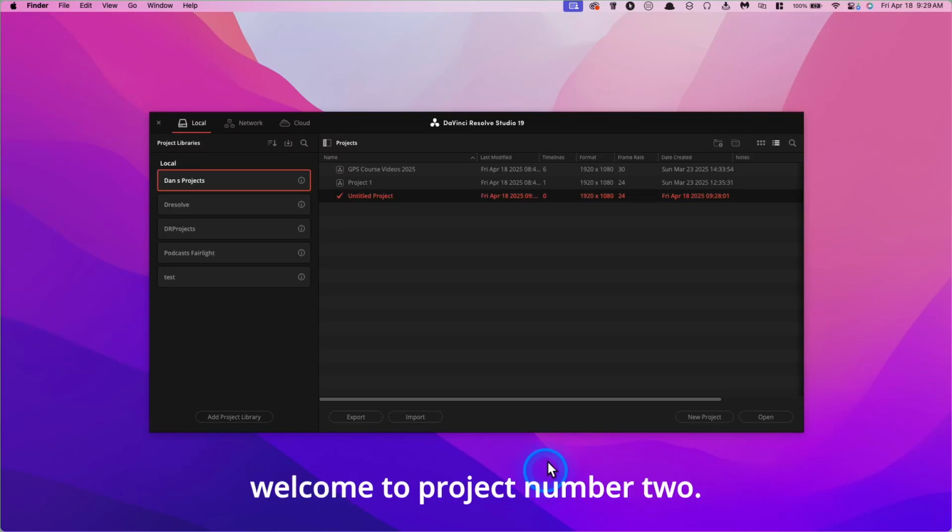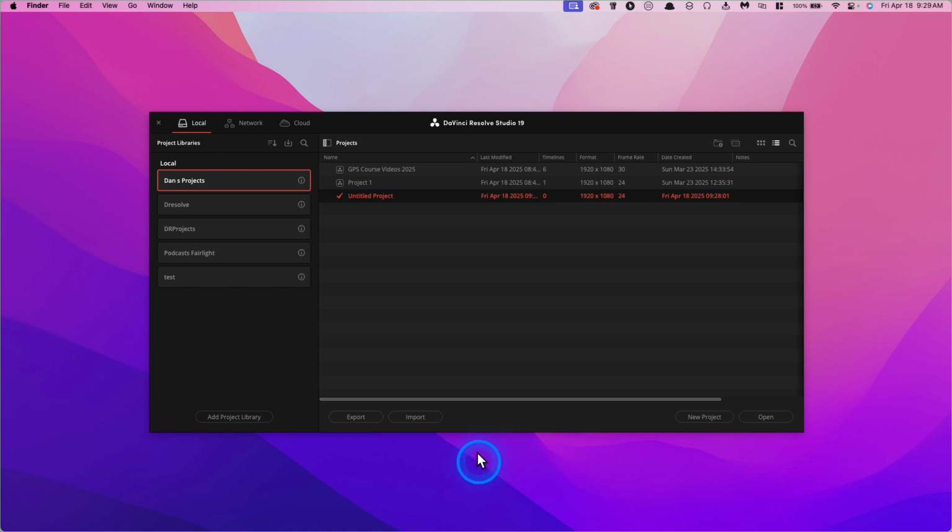Hello, everybody, and welcome to project number 2. Congratulations for getting past the first lesson. I know that this program can be a little daunting, and the user interface is very, very sophisticated. So we're going to go a little bit deeper in this lesson, in this project, and we're going to create